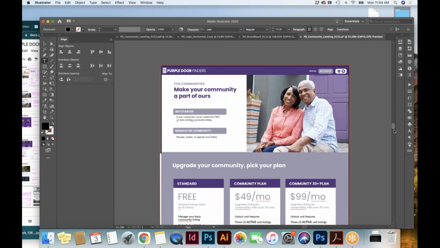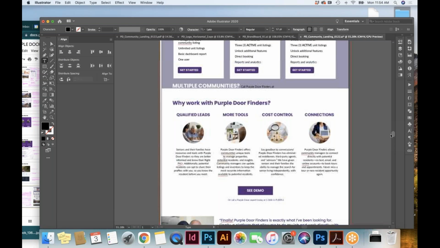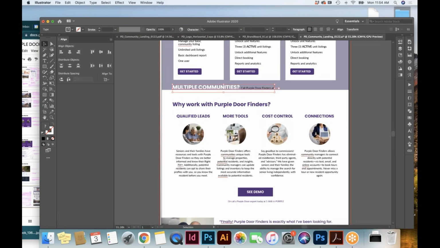A compare screen can be done even in a pop-up. So the multiple communities now, that could be like a link. I'll make it look prettier.